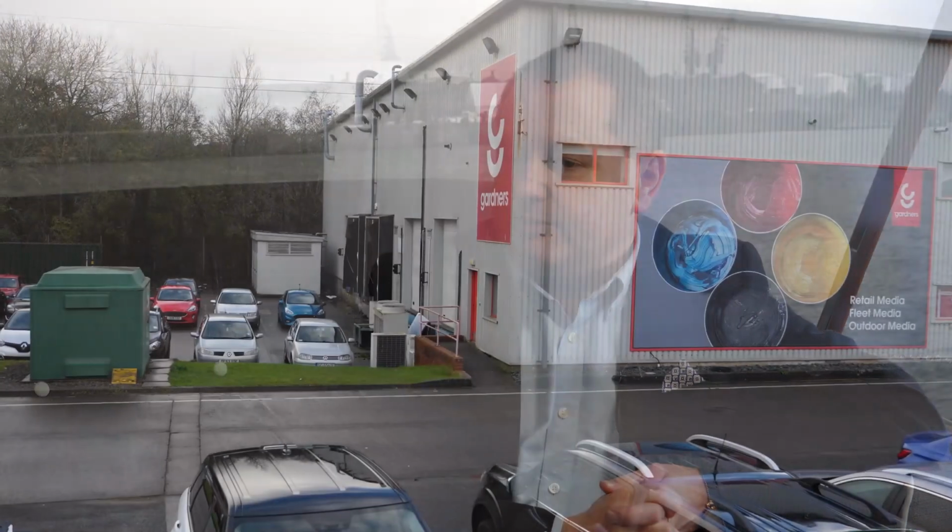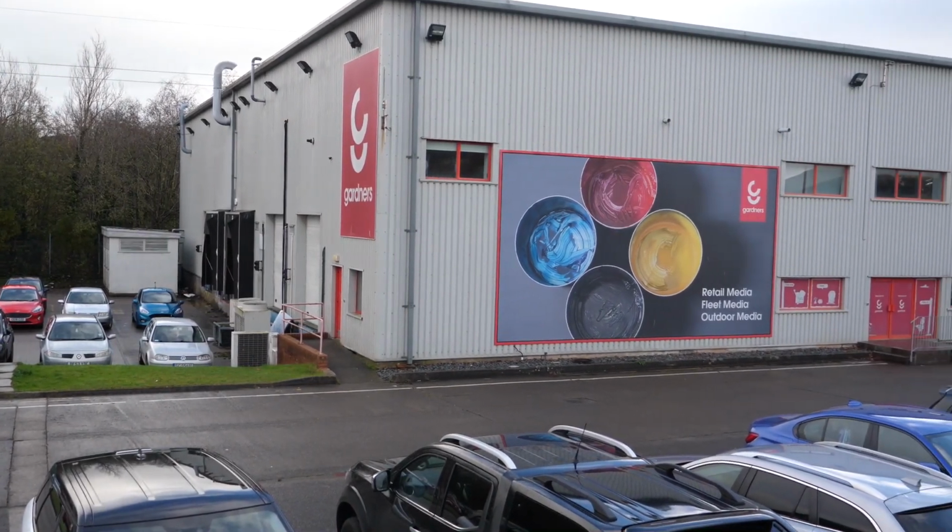The digital print industry as a whole needs a solution for recycling PVC banner material and other print media. I don't think there's any doubt within the industry that PVC is a substrate that is very appropriate for digital printing. It's specified in a number of areas of the industry, and the market needs a solution for recycling the material. Otherwise it just goes into landfill, and people like Gardners need a solution, and their customers are looking